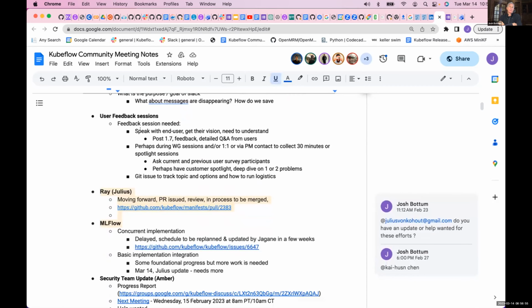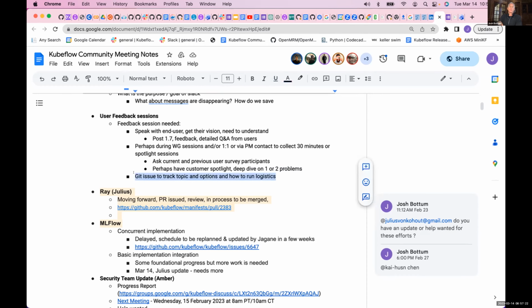User feedback sessions, the working groups in particular had asked for these sessions. I don't know that anybody's organized these. I don't know whether this goes into the community outreach or one of the other groups that have been recently organized, or whether this is on the product management team or on the working groups themselves. But I don't think that we have a Git issue. I think this is a good idea.